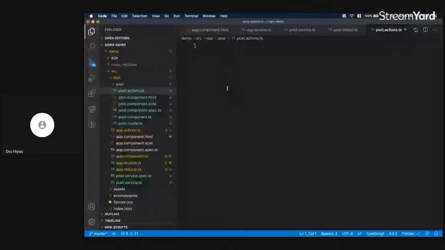So now we're gonna create an action, then import again the action from @ngrx/store